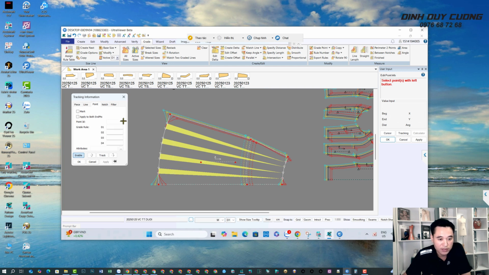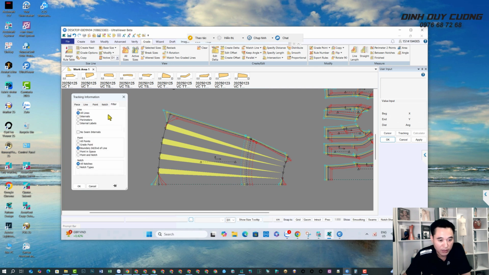So you will need to navigate over to the filter section. That's it. You'll see in the point section here, she is currently selecting boundary. If you have this selected, you should choose all point. Select all point. After that, you will go back to the point section and you will select all these triangle